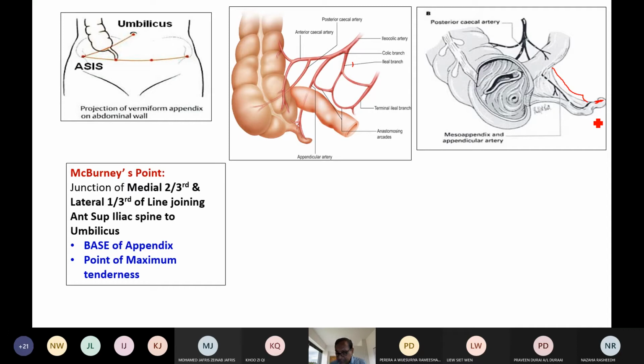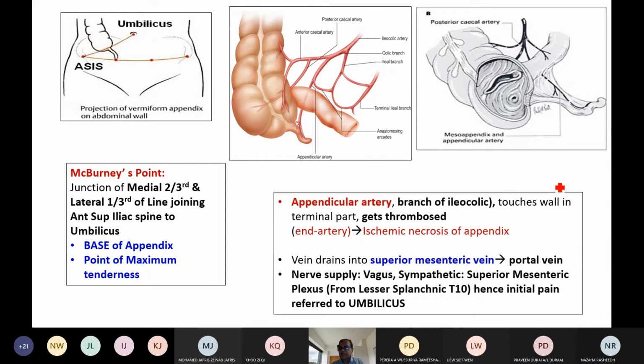This is very dangerous. If the appendix is inflamed and this inflammation travels to the appendicular artery at the distal part, the appendicular artery will be thrombosed by the infection, and thrombosis of the appendicular artery will give rise to appendicular gangrene. Gangrene will develop, degenerate. So this part is quite important to note.